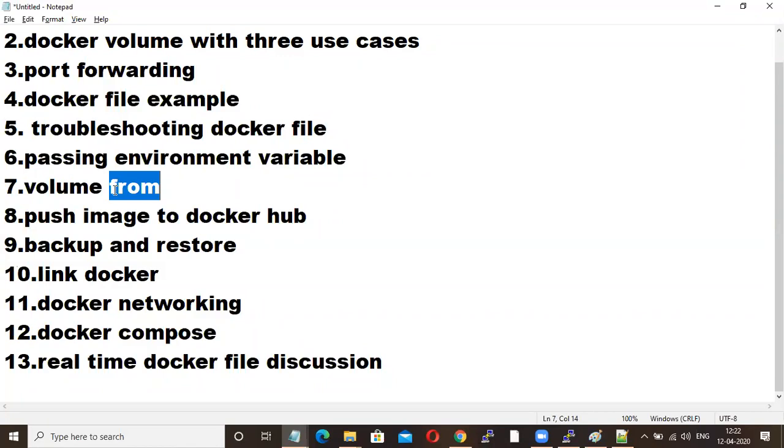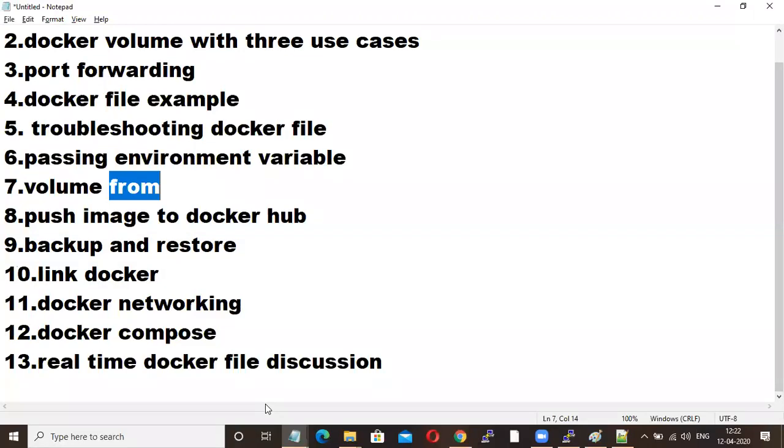So we have seen these many concepts in Docker. If you want to link two containers, then you need link, right?